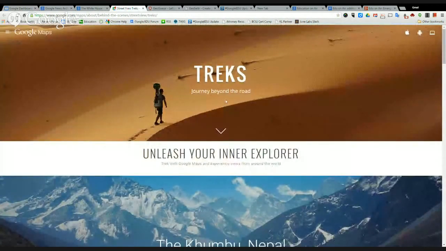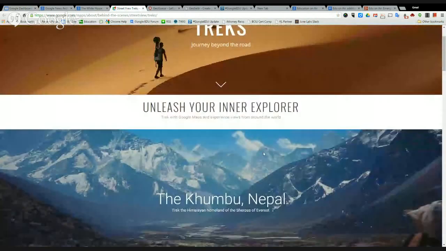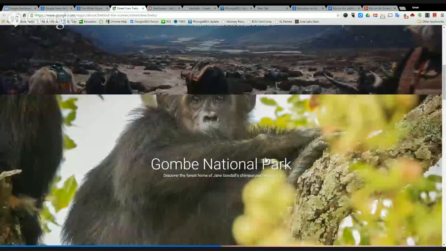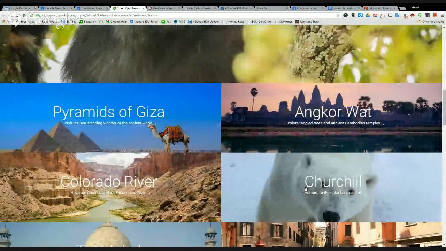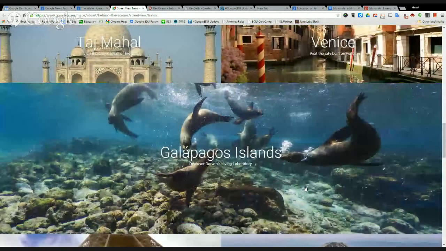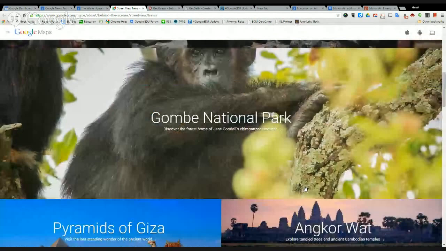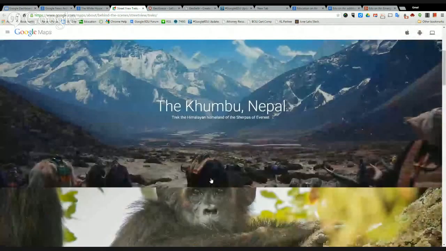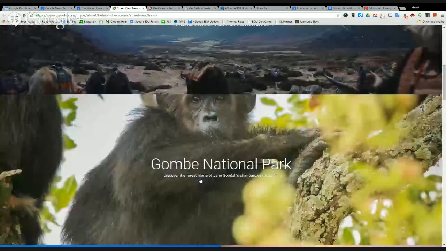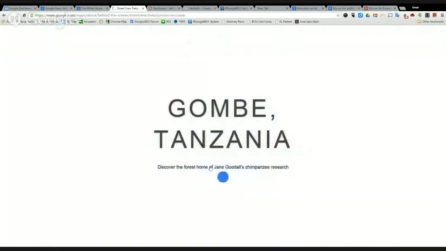right? So here's Google Treks, Journey Beyond the Road, Nepal, the Gombe National Park, where Jane Goodall did all of her research, the pyramids, Angkor Wat, Colorado River, the Galapagos Islands. And if I pick any one of these individual experiences, the treks from the Google Maps team, when I jump in, let's say, to the Gombe National Forest, this map